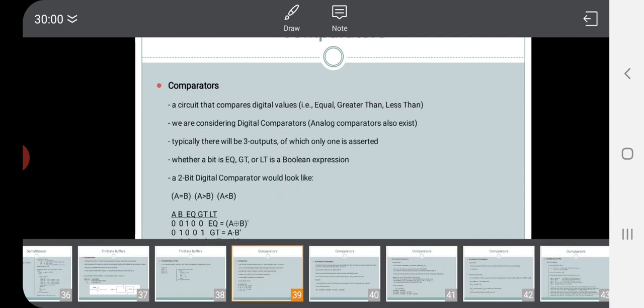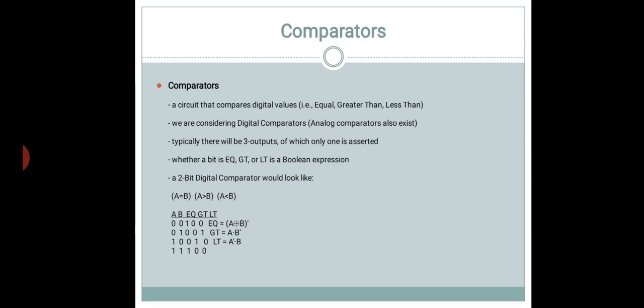So the comparator is again a combinational circuit, in which the outputs are either equal, when both the inputs are equal, greater than, or less than. So 2 inputs, 3 outputs. This functionality can also be implemented by using a K-map.